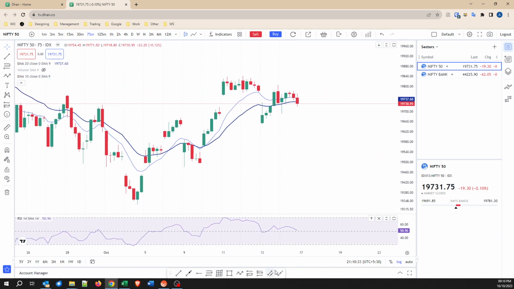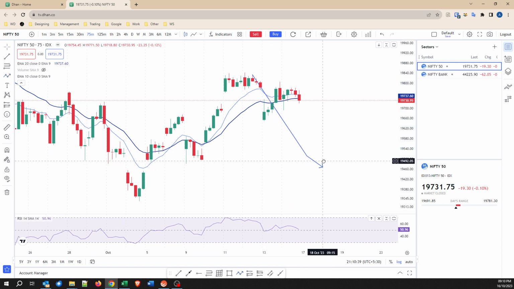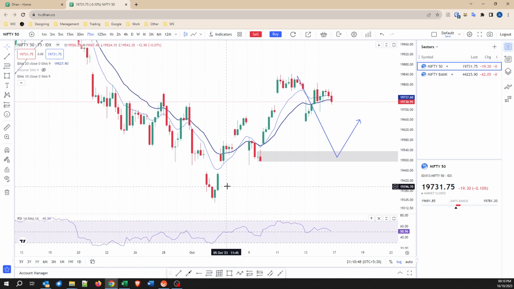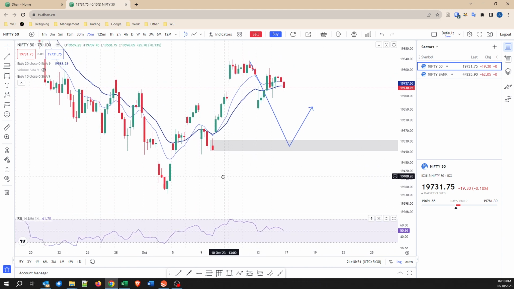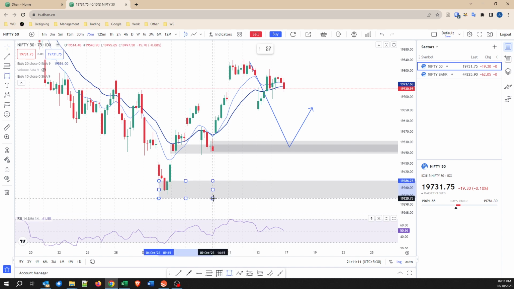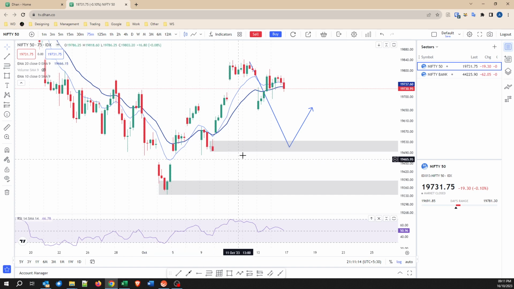What I'm expecting is the price will move a bit down into this range, somewhere here, and then move back up. So I'm going to mark these levels out. Along with that, we also had a supply zone here, and this is the demand zone that broke here. This range was the cause of this supply zone to break, and this demand zone was the cause of this supply zone to break. So we have one more range here. So this is no longer valid.